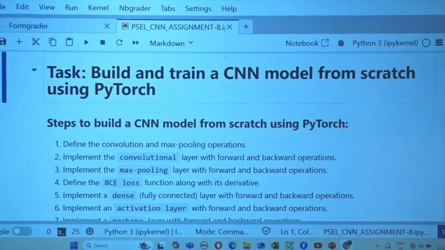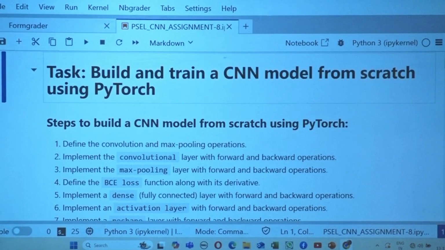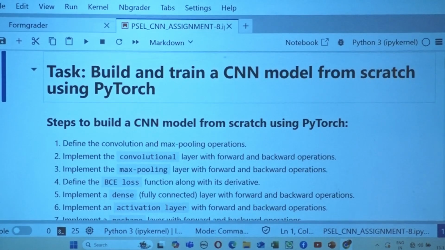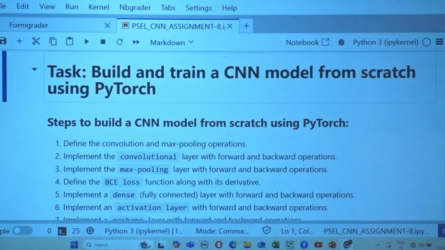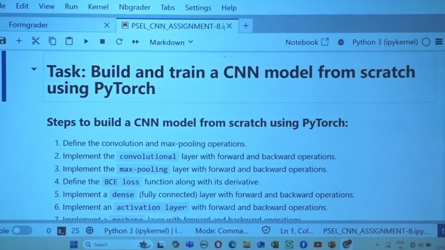In order to execute this task, these are the steps we found and listed. The first is defining the convolution and the max pooling operations. If you remember, this part was completed by us. We executed it successfully step by step, starting from the core convolution operation, then padding, then sliding. So the fully padded, slided convolution operation we performed well, right? Along with that, the max pooling 2D operation is also done. These two parts were executed.